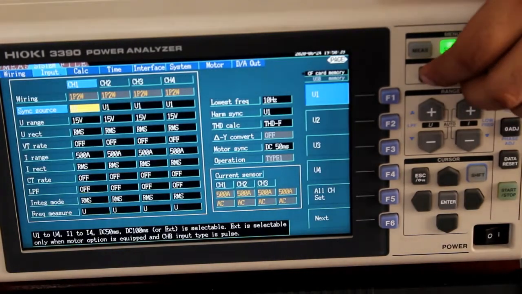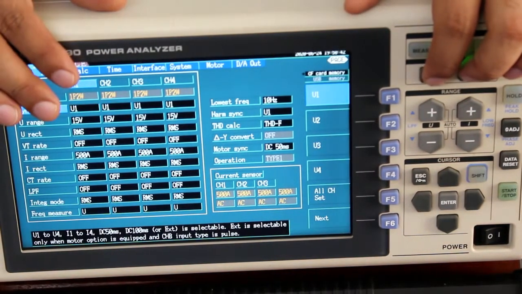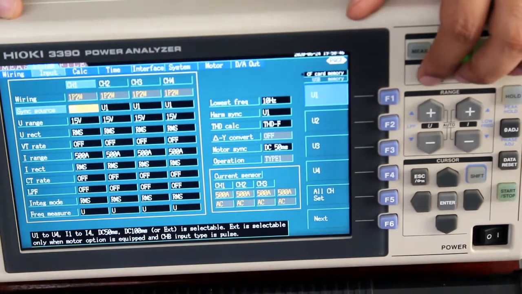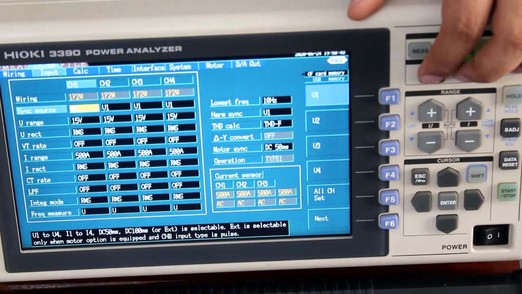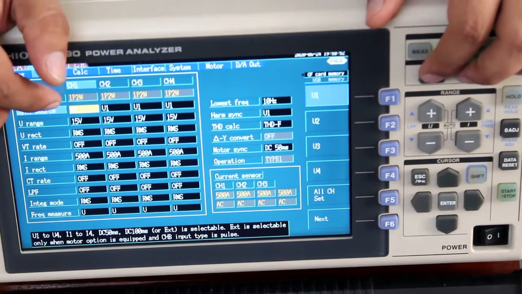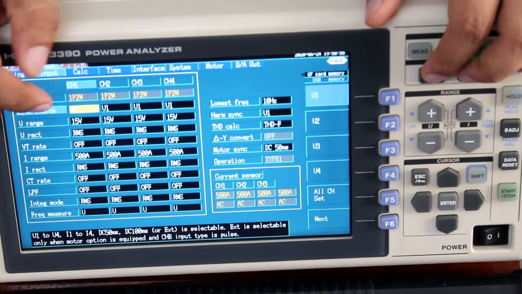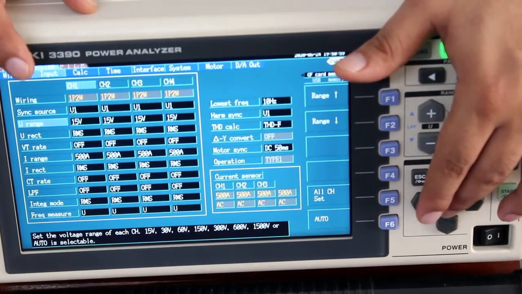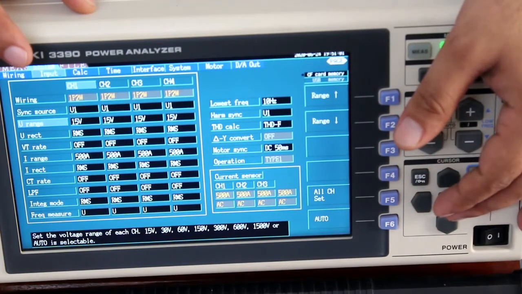On the next page are the settings which we need to make. First is the sync source. We need to define the sync source, and then the voltage range. This can start from 0 and go up to 1500 volt.